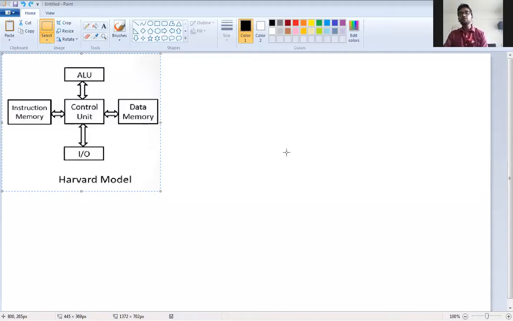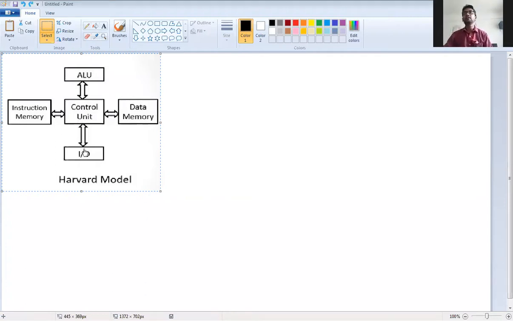If some results are generated, at the same time you can store that result in the data memory. Data memory and program memory are different.